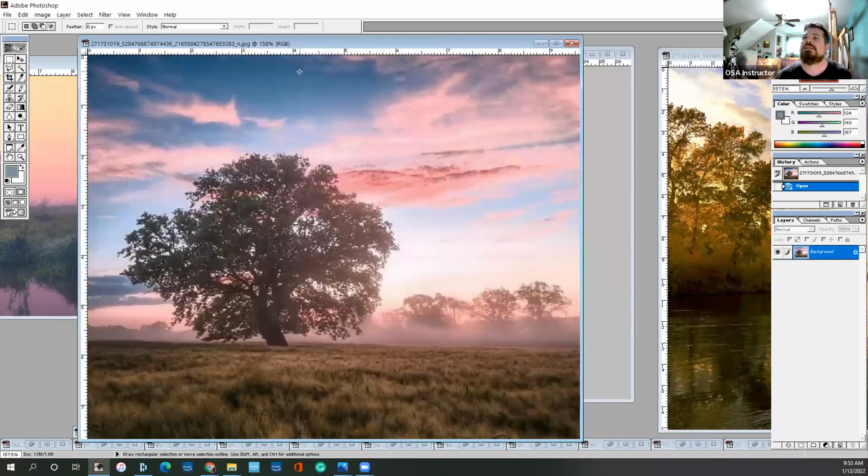So view, fit on screen. What I'm going to do is quickly desaturate this. I'm going to take it and make it a black and white. Image, adjust, desaturate. And this oftentimes will help us to see our values. So you can see now a little color is very confusing, right? Warm colors we almost always want to see as lighter than they are. So in values, in the lights and the darks, you can see that this is a lot lighter than this, even though this grass really appears light because it's next to this dark base of the tree, and all these shadowy sides of the grasses really appear dark compared to that. But this is your lightest area, definitely, is that